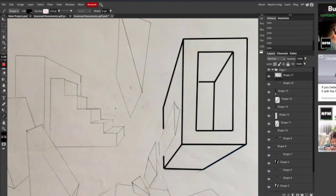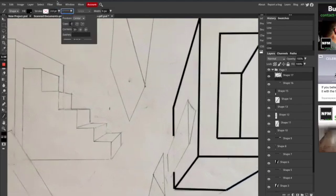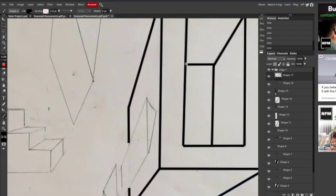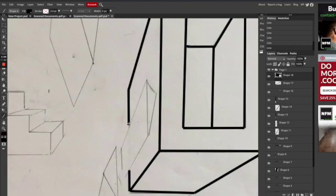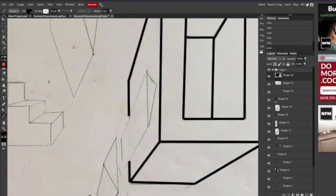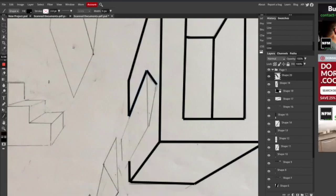Now, I've got a little bit of an issue here because if I tried to come back in and fill this in with color, if I look really carefully, I can see that I've got some holes. I'm going to zoom in really carefully. If I look really carefully right here, I can see there's a little hole right there. That has to be closed up because any kind of a gap, like right here where I'm seeing a gap, is going to have to be closed up. But I don't want to draw straight across my other shape. That wouldn't look very good. So I'm going to go ahead and I'm going to go around it